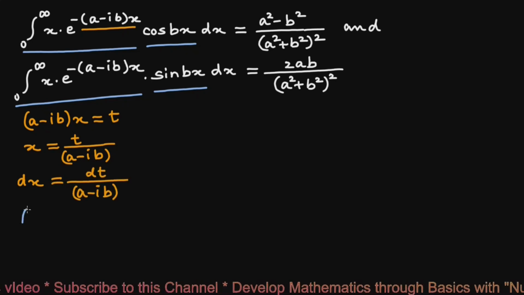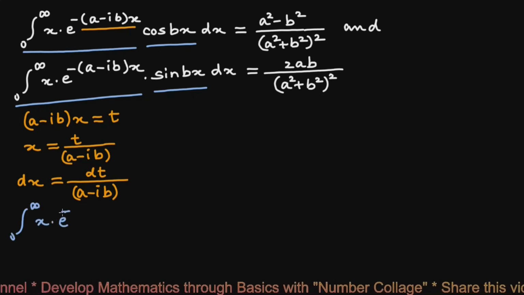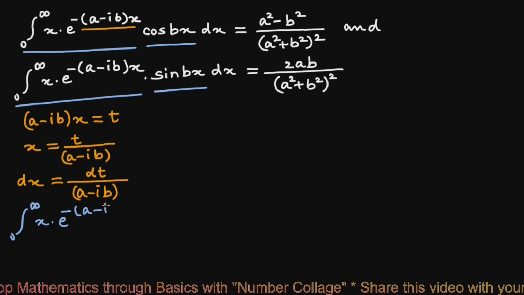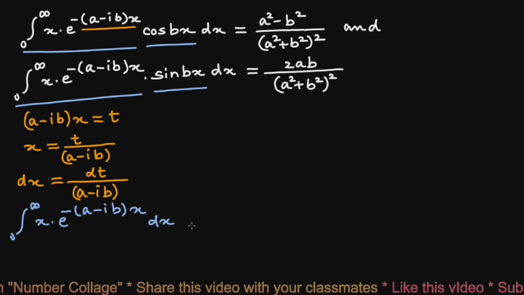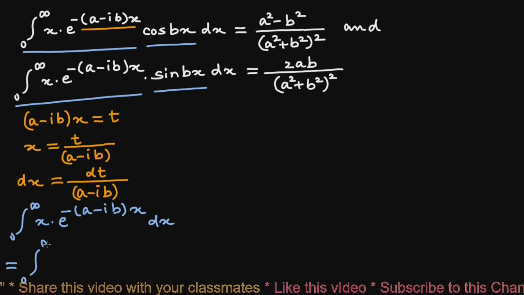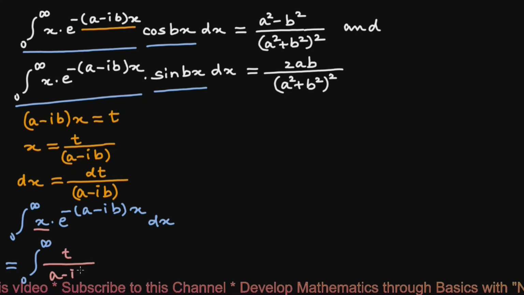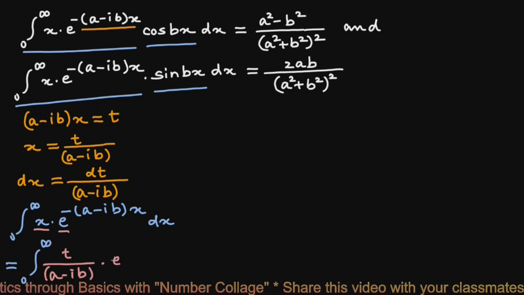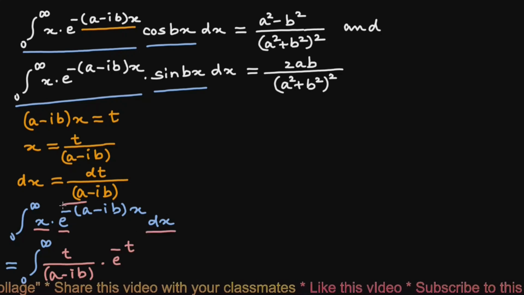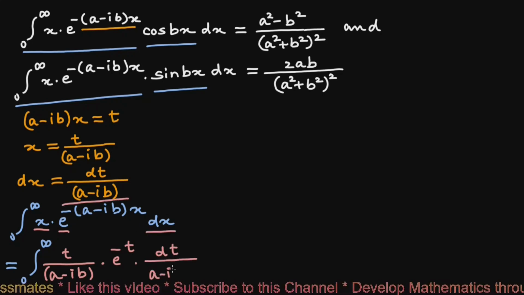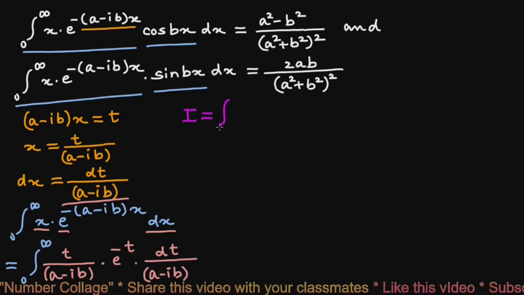So the integral from 0 to infinity of x into e raised to minus (a minus ib) into x dx becomes integral from 0 to infinity for this x, t upon (a minus ib) into this e raised to minus t, and for this dx we will use dt upon (a minus ib),